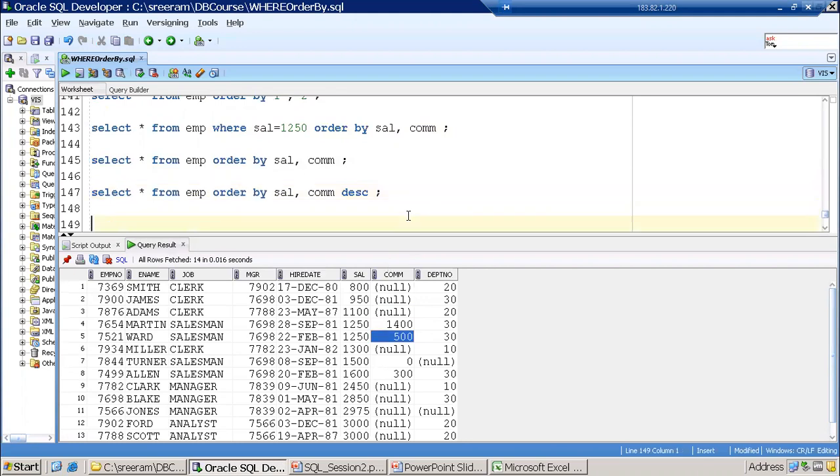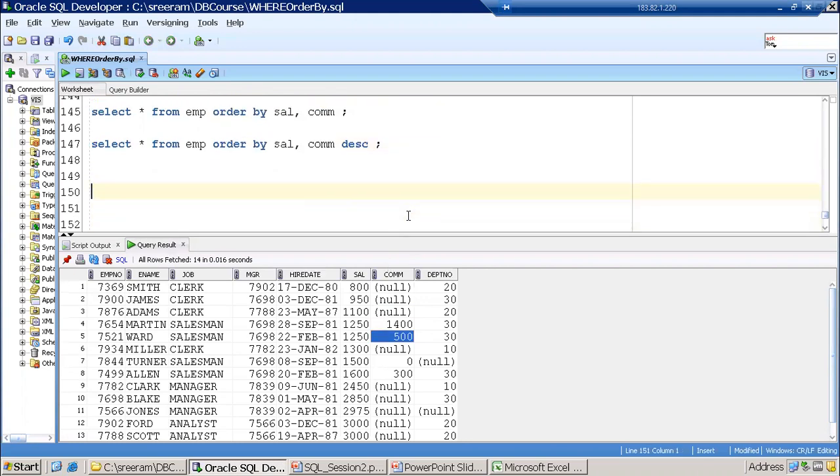So this depends upon the data which you have, but the basic logic you have to remember is that when you have a sorting order mechanism, it will order the first column, which you mentioned in the first position of your order by. Then later on it will try to order the remaining data like that.